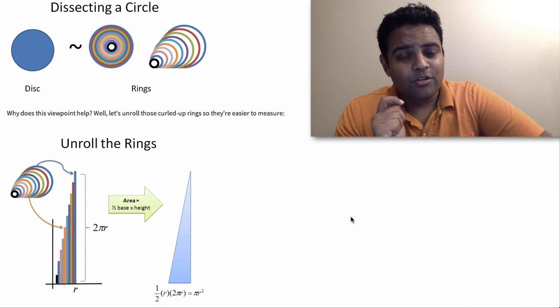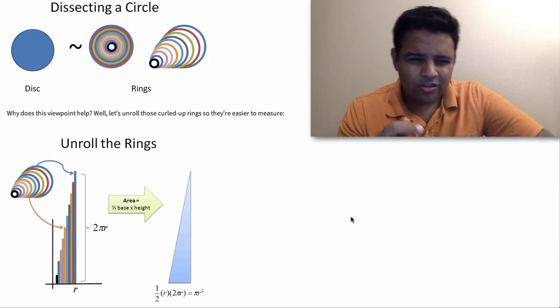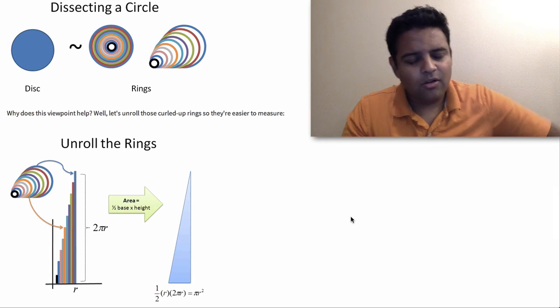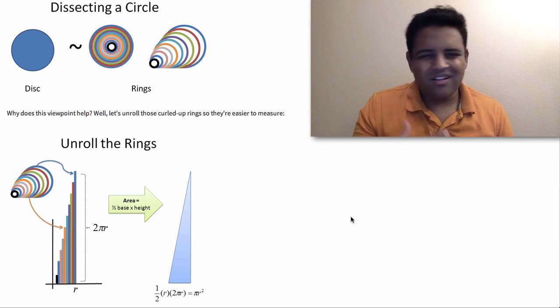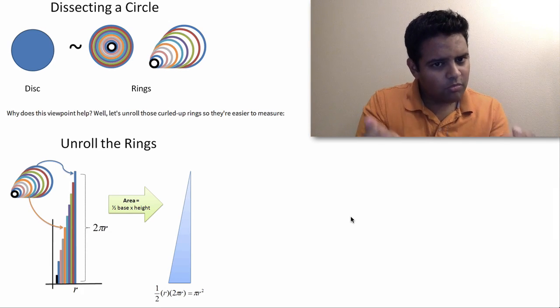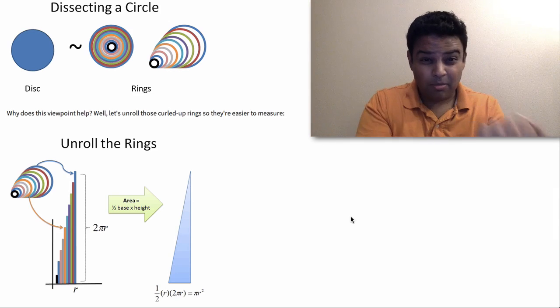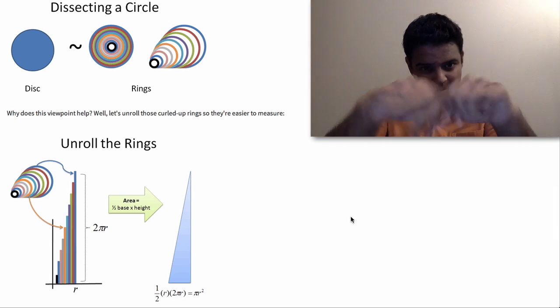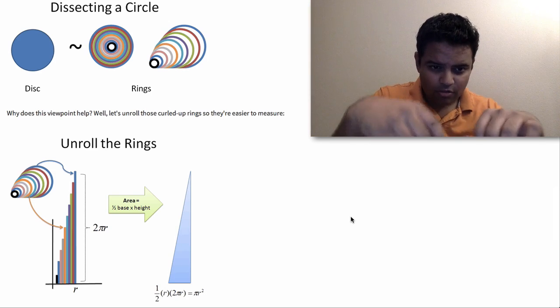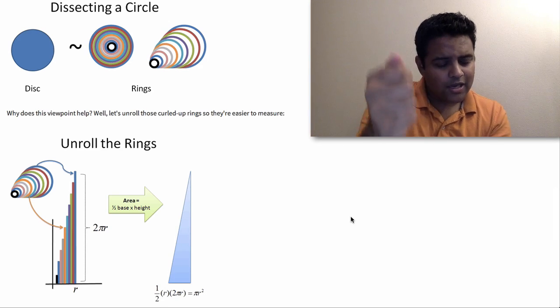Rings are a lot easier to work with than circles. Rings are almost rectangular, right? You take them apart and unroll them and they make a little rectangle. Circles are really curvy and hard to work with. You can't really put a ruler on a circle. But imagine a bunch of little rings, like little pipe cleaners that you can bend. I imagine taking those, making a circle, and then unrolling them and lining them up.